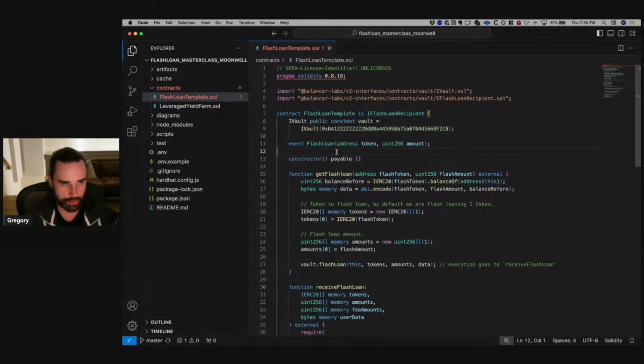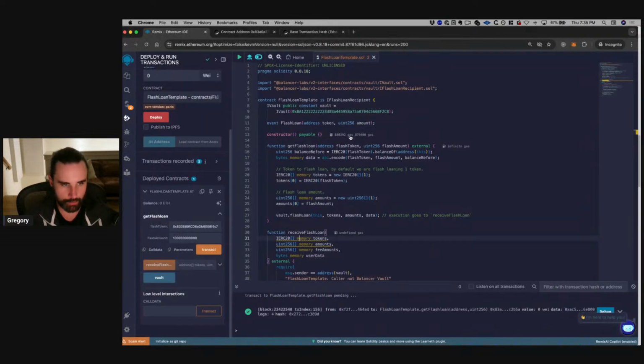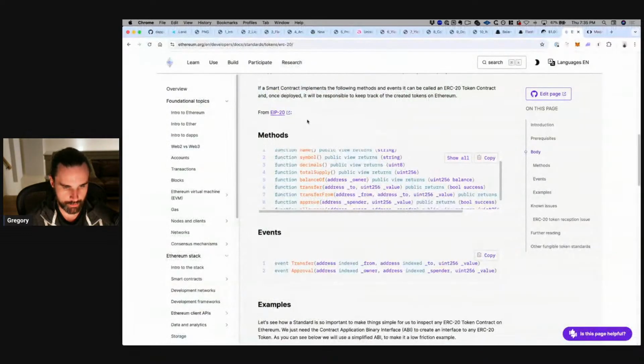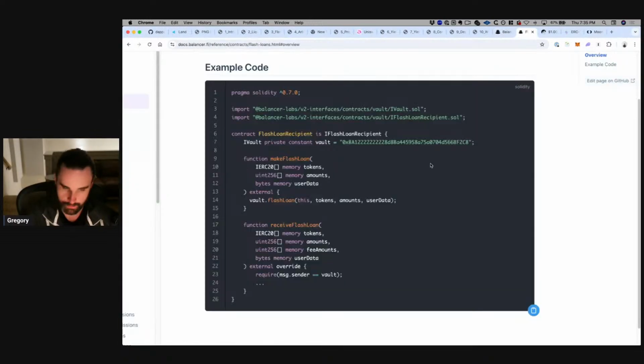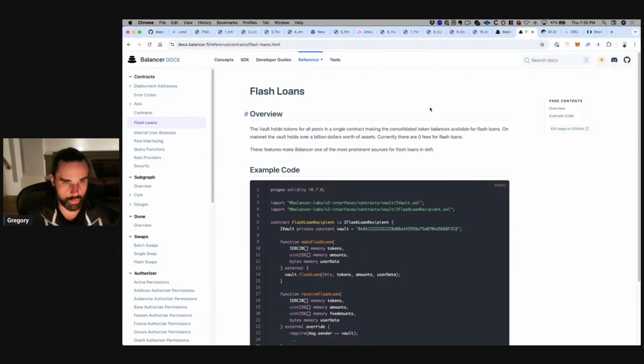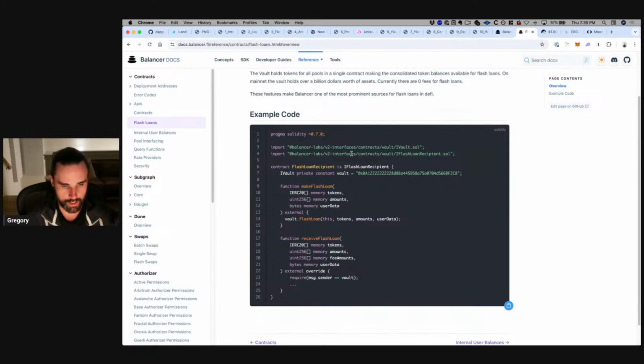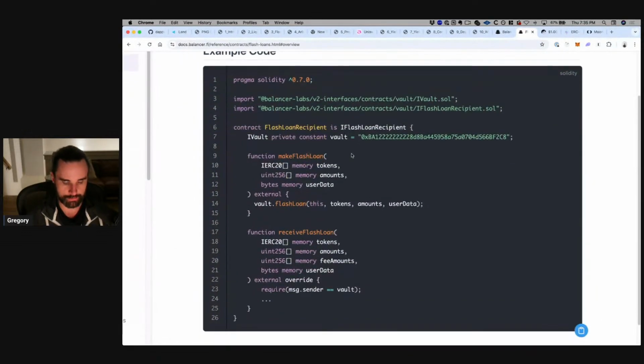So let's talk about the code. I'm going to go back and reference this Balancer documentation, because we're taking out Balancer flash loans. You're going to see why I like Balancer so much in terms of its simplicity. Here's the template in the Balancer documentation for creating a flash loan. They basically tell you how to do it. You can more or less copy and paste this into your smart contract and just modify it slightly in order to take out a flash loan. So let's look at what they tell us to do.